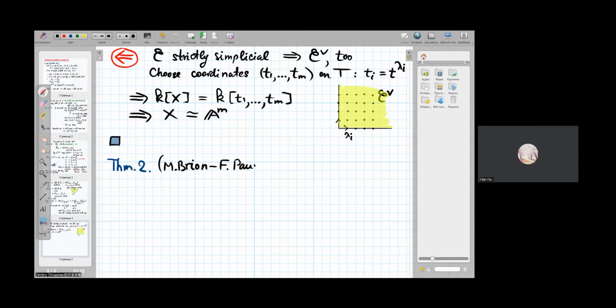But essentially, it is due to them. The theorem says that given a spherical G-variety X,